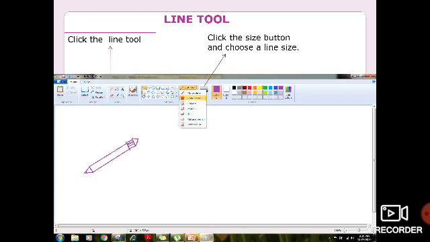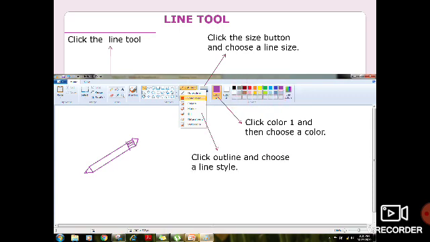After selecting, you have to select the size of the line, that is if you want thin line, thick line, medium line. When you click on the down arrow present in this one, you can select any size you want. After selecting that, you have to select the color of the line which you like. Any color which you want you can select.